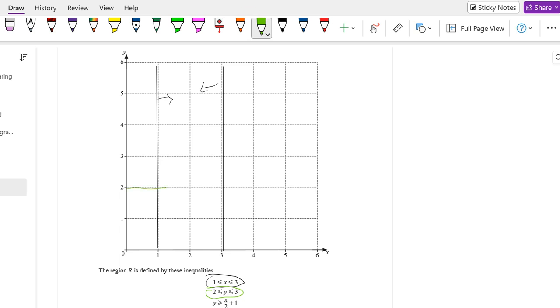2 and 3 in Y. So this is less than 3 but greater than 2. So right now we are focusing on this portion. Let's go for this one,